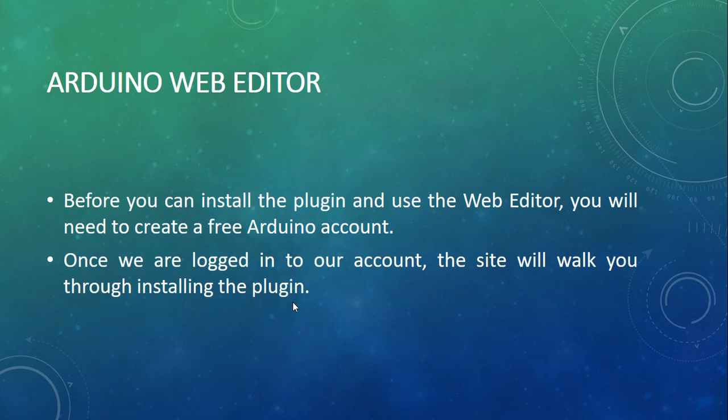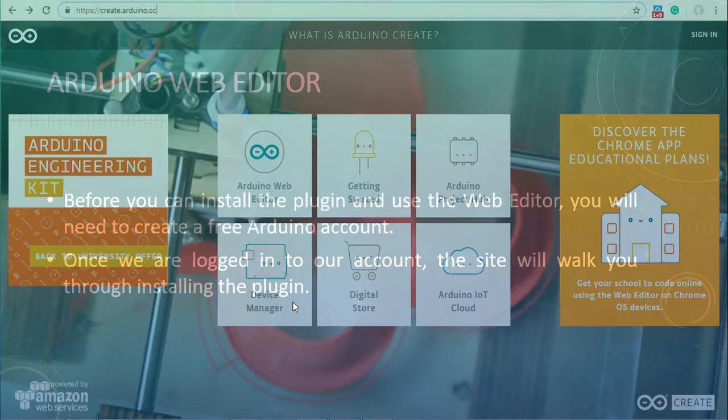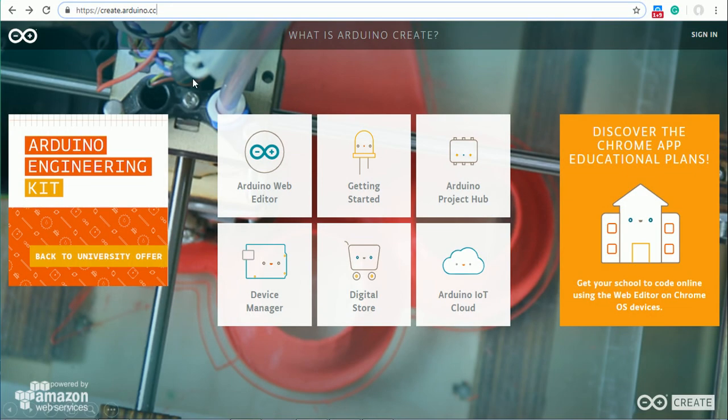So before you can install the plugin and use the web editor, you will need to create a free Arduino account. Actually, using the web editor is free, but you have to create first a free Arduino account. Once we are logged into our account, the site will walk you through installing the plugin. So this is the content of the site for create.arduino.cc, but